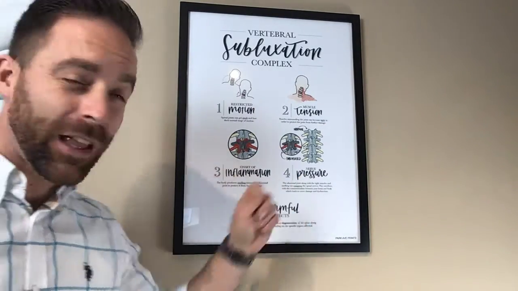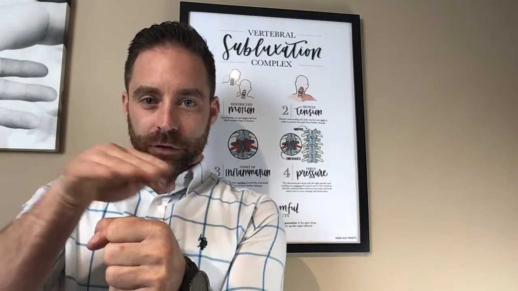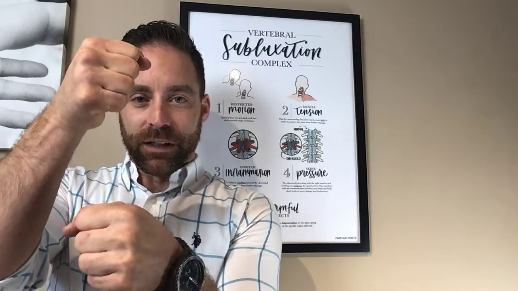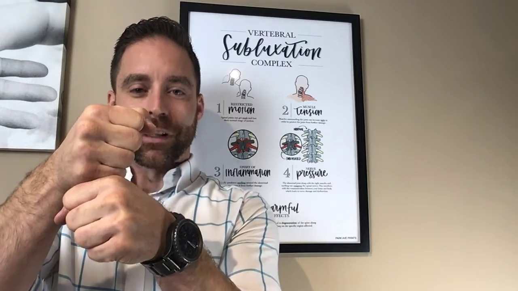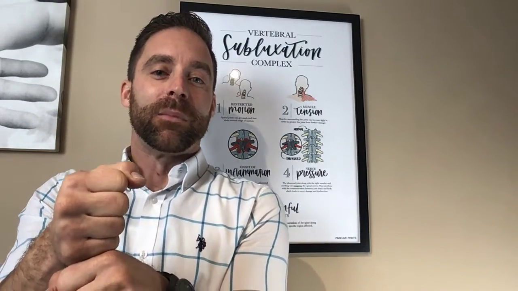Nerve pressure. The old concept was this. There's a hard bone at the bottom, there's a hard bone on top, there's nerves in between. When one gets out of place, out of position, what happens to the nerves? They get squished. And so about 10% of the time that is what happens,